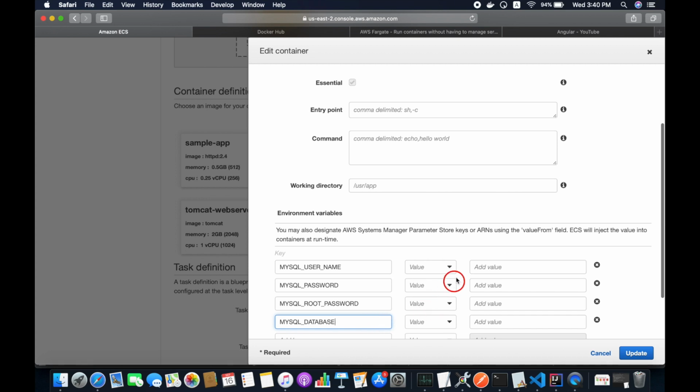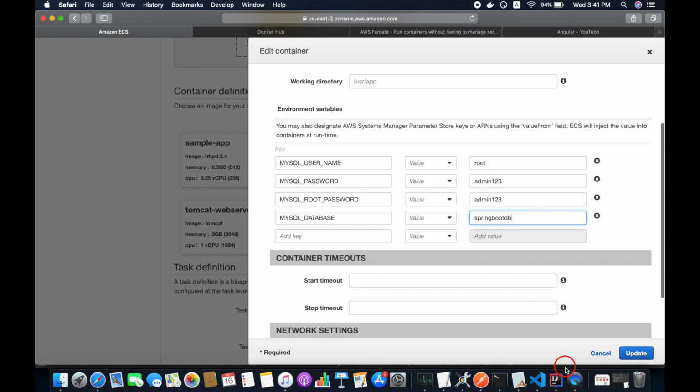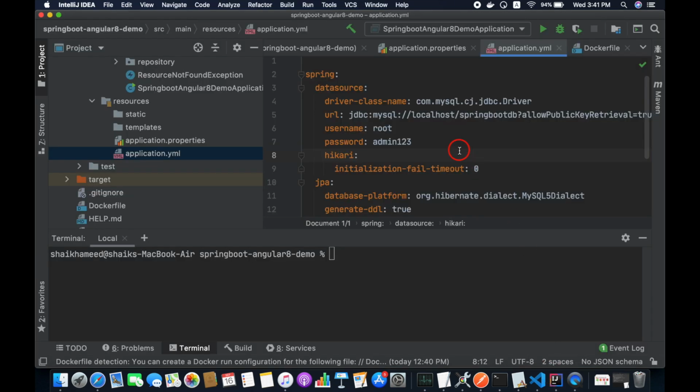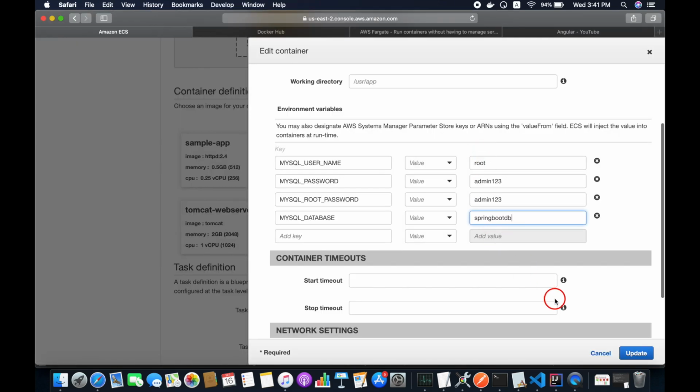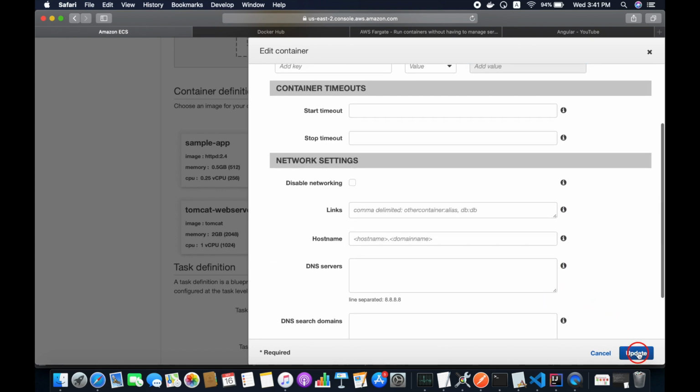Okay, so these are the keys, and I'm going to define the values here. So define some values. Okay, so that's it. These values should match your Spring Boot application's YAML file properties, so the username, the password and our database. Otherwise it throws an error. You just have to make sure those properties match your MySQL environment variables.